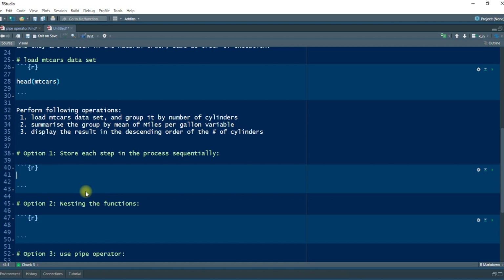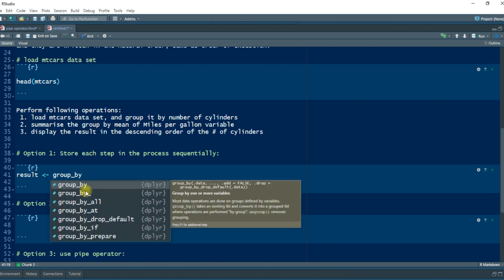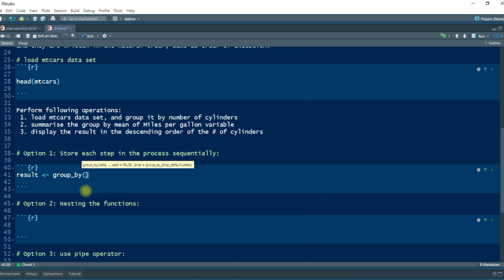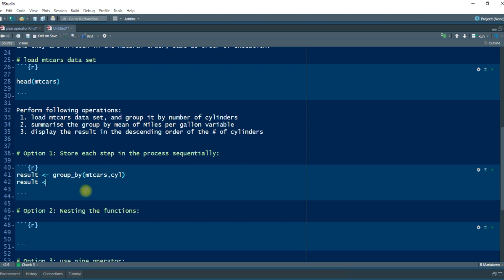So let's start with the first option. I'm going to create the data frame called result, then I'm going to group the mtcars dataset by cylinder, and I am going to then pass on the result of the previous step to the summarize function,